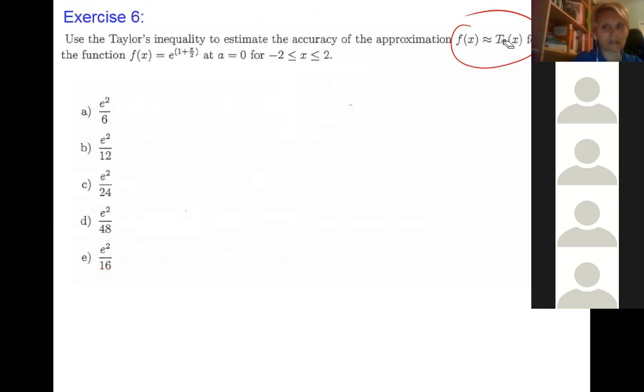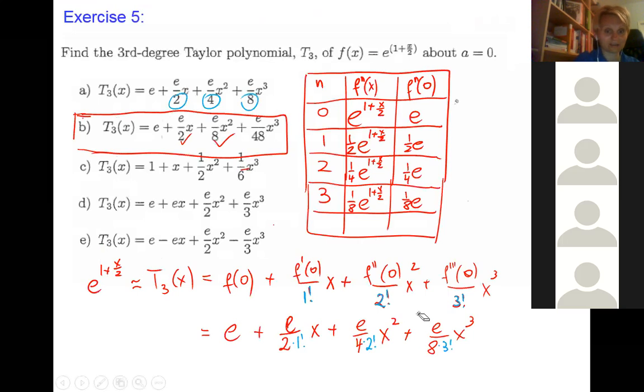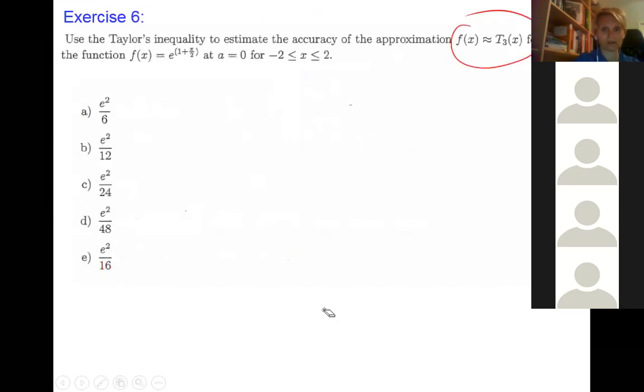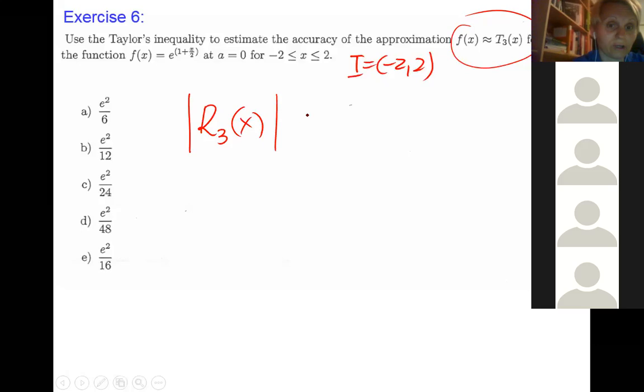That means we have to approximate our given function by the Taylor polynomial of degree 3, which actually is this. We are approximating the function by this third degree polynomial at 0. And now we have an interval of convergence from -2 to 2. That means Taylor's inequality, approximating by the third degree polynomial,